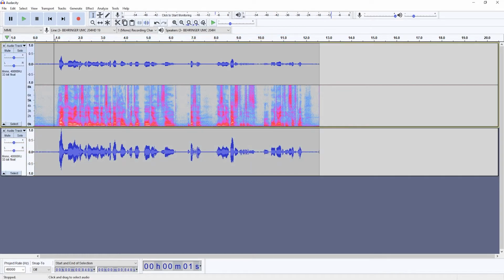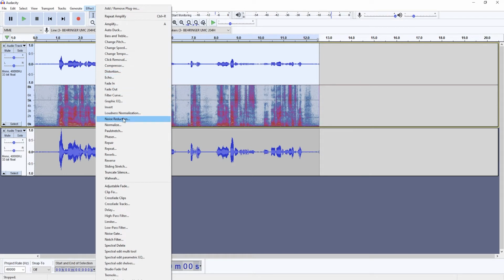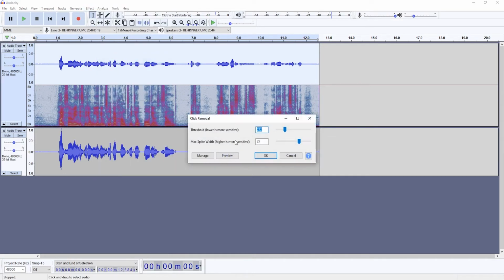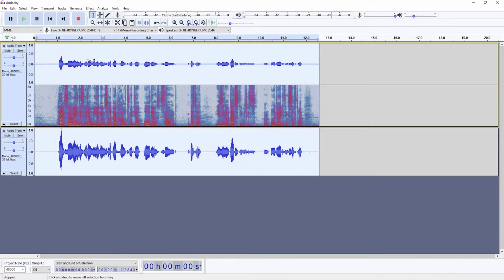Right, so the first thing, once you have your recording done, you want to clean it up a bit. You can see there's some background noise here all over the recording, and you want to get rid of it. So first, I like to apply a click removal. It removes, or rather attenuates, a lot of the mouth clicks. Then next, we're